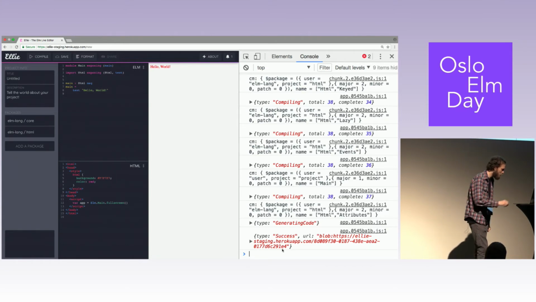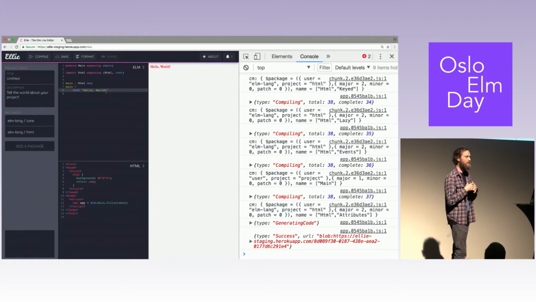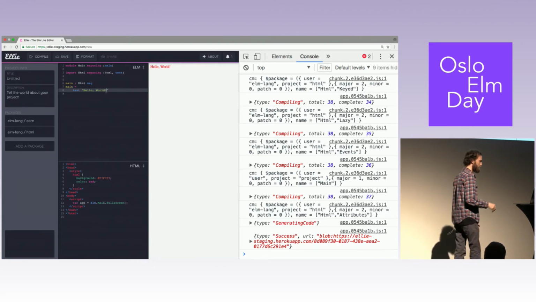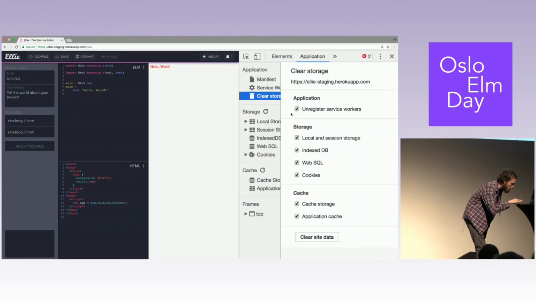Yeah, that's pretty neat. So now, all that stuff that we downloaded, all those packages, all the compiler intermediates. For those who are familiar with how the compiler works, every individual module gets compiled once if it's a package, and what you get is this intermediate interface file that describes the contents of the module. You also get the output JavaScript that just needs to be concatenated into your final build. So we're taking all of that and putting it